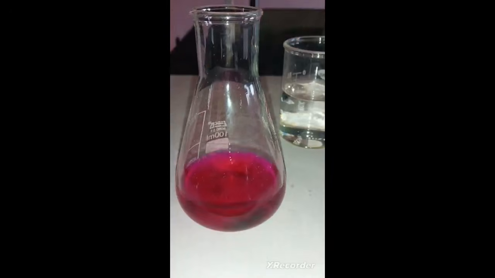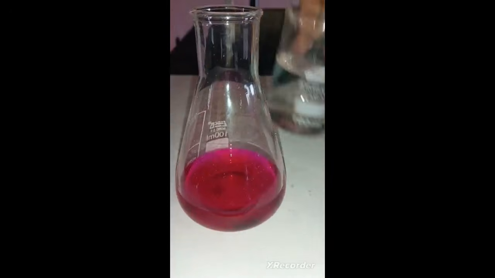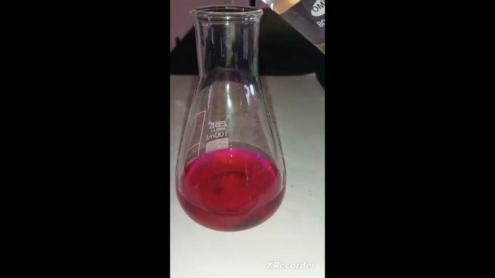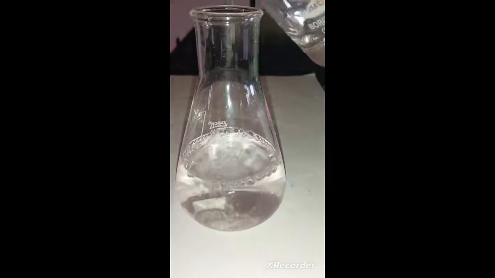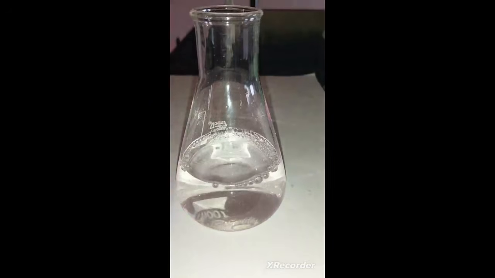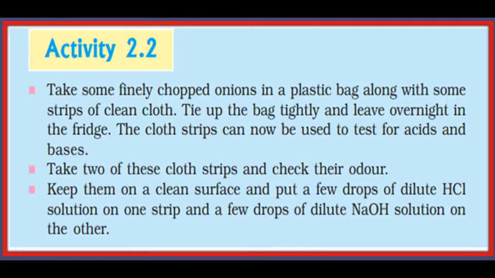When you add an acid to a pink-colored base solution, the solution becomes colorless because of the chemical reaction that occurs between the hydrogen ions H+ from the acid and the hydroxide ions OH- from the base. Neutralization is a fundamental chemical reaction that occurs when an acid and a base react with each other. In this process, the hydrogen ions H+ from the acid combine with the hydroxide ions OH- from the base to